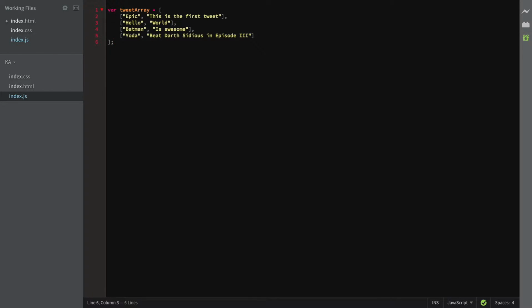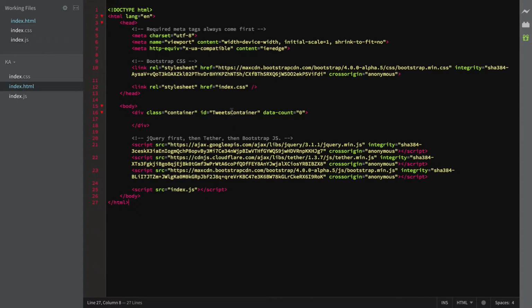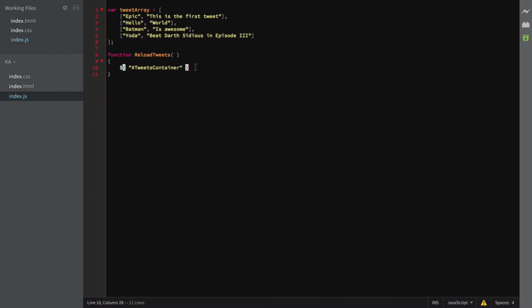So now what we want to do, we're actually going to create a method called reloadTweets. And the reloadTweets method is first of all going to do #tweetsContainer, which is this right here. And what it's going to do is empty the contents of it every time we want to reload. And now we are going to loop over our tweet array. So we're going to do var i equals tweetArray.length